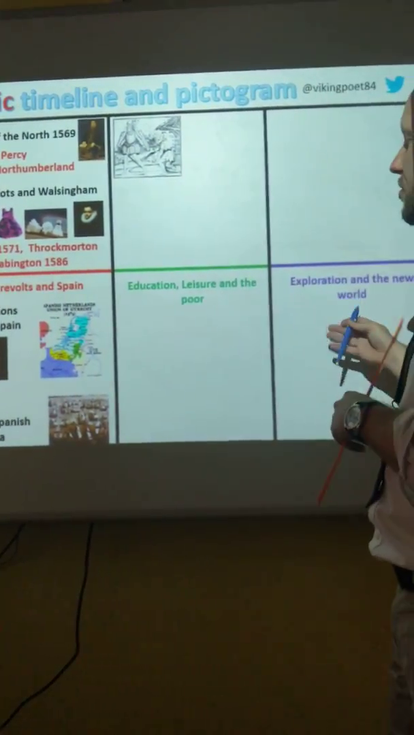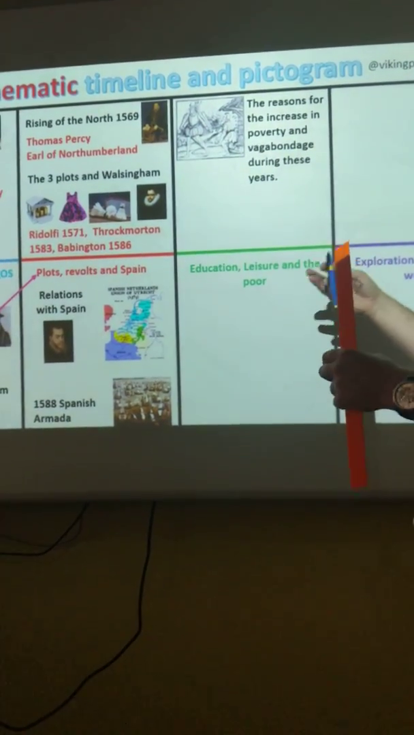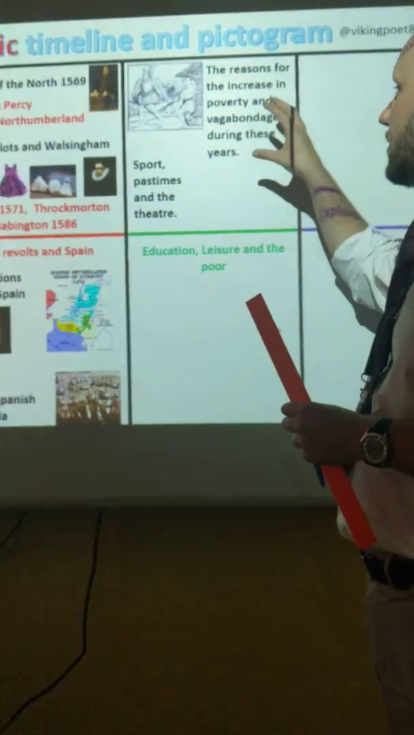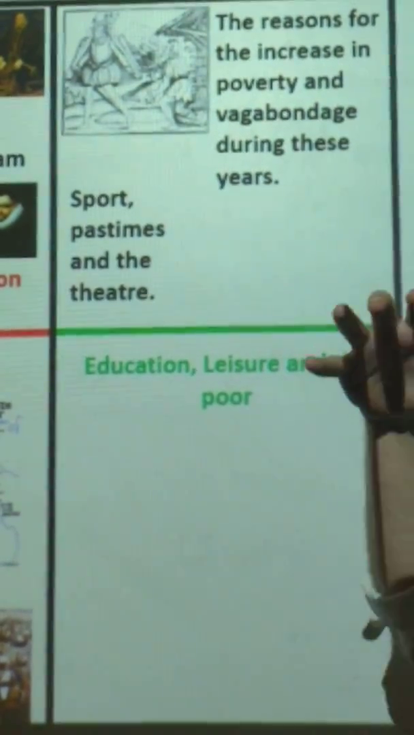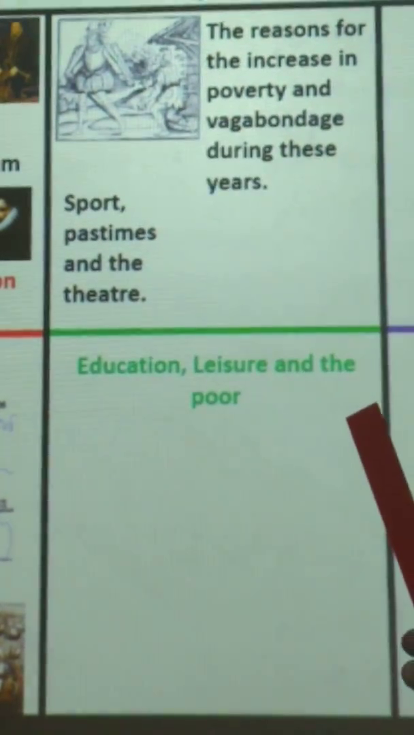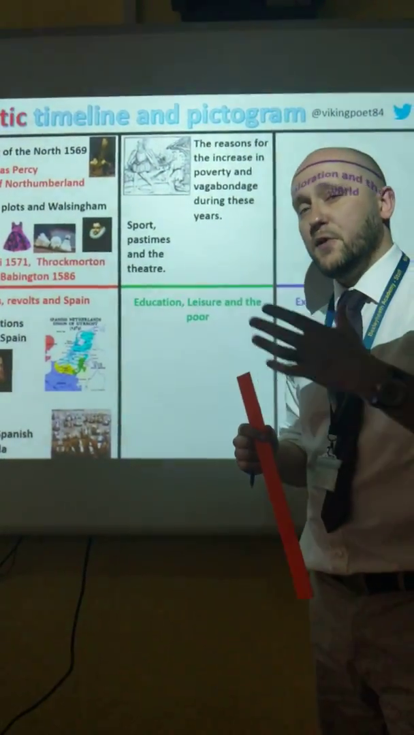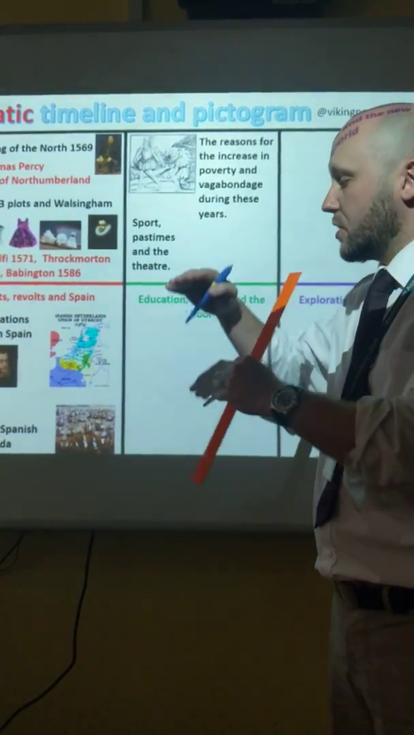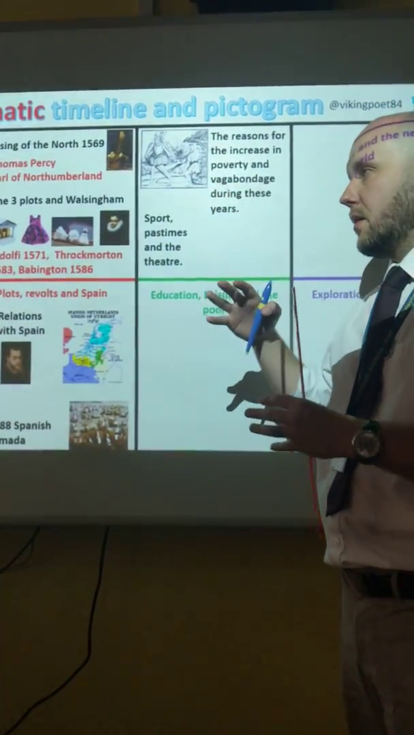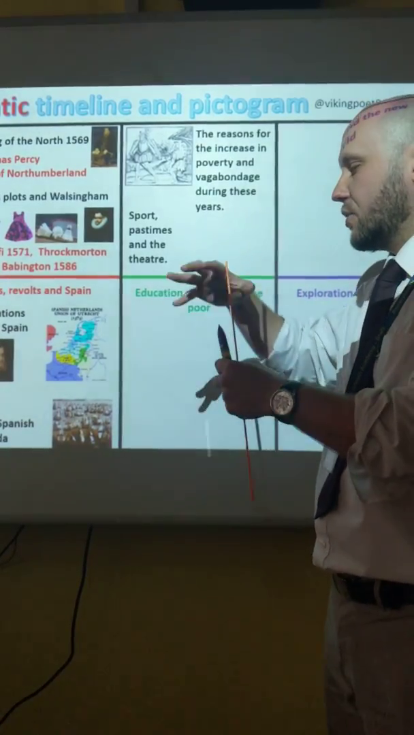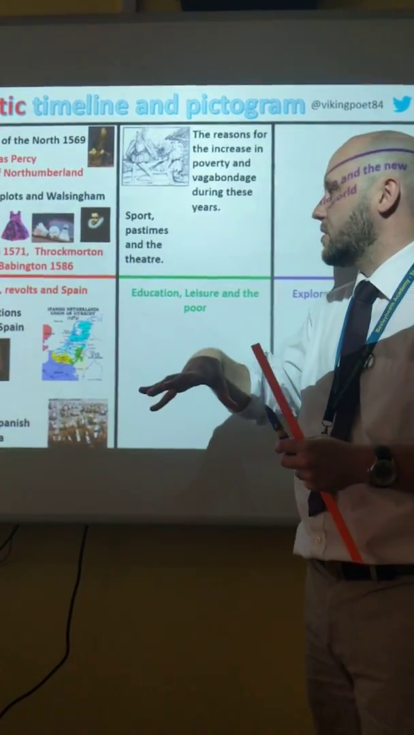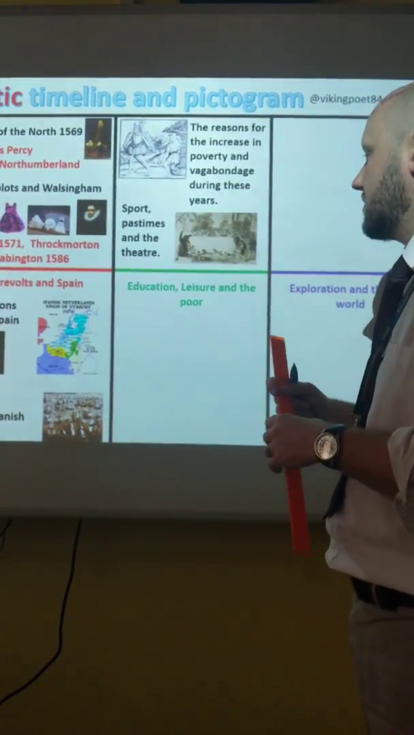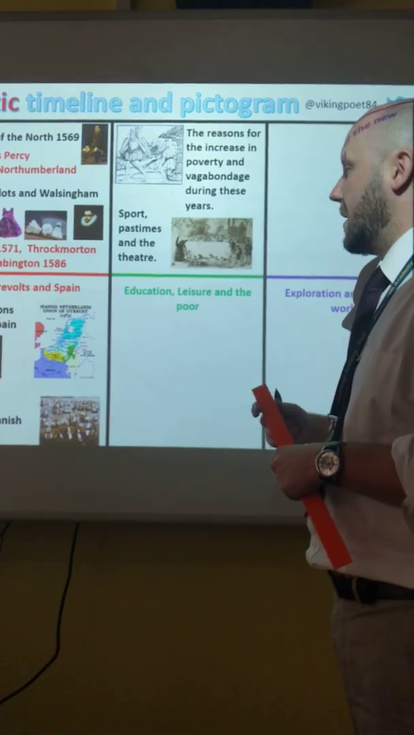Now, moving on to something slightly more thematic, you also need to think about education, leisure, and the poor. So you need to look at the reasons for the increase in poverty and vagabondage. There's a lot of begging due to poor harvests during these years. Also, a lot of farmers moved from farming wheat to farming sheep because they thought it was more profitable. Of course, this increased the price of wheat. So, as well as the poor harvest, you have an increasing price of bread, which obviously harms the peasantry. You need to think about the sports and pastimes which the Elizabethans indulged in, including bear baiting,